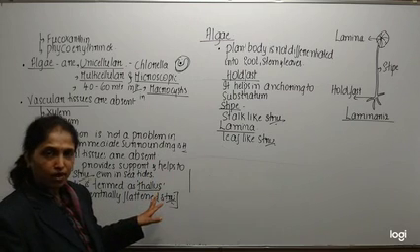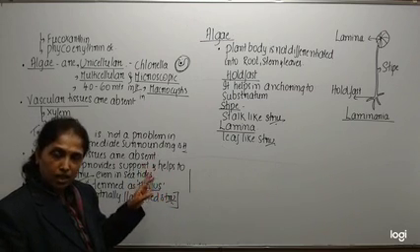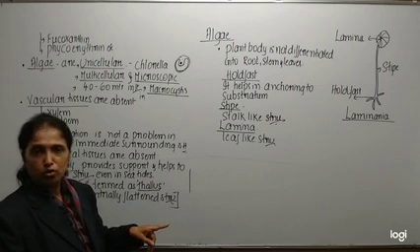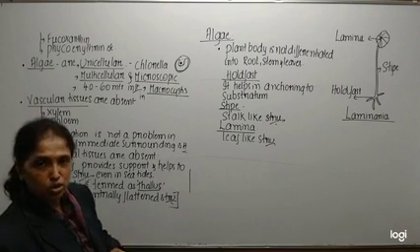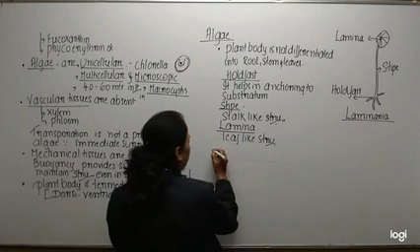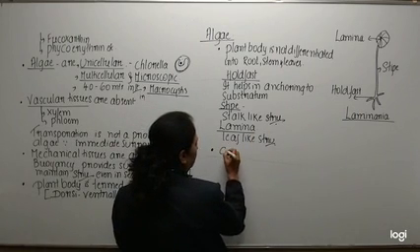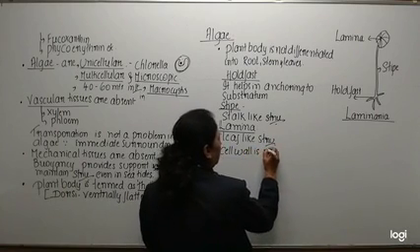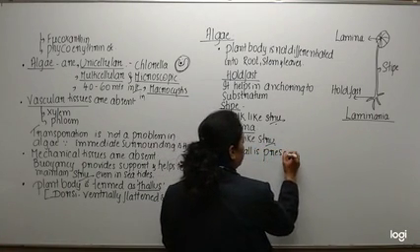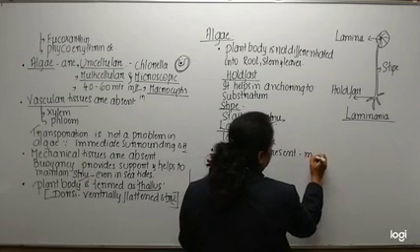So here we find photosynthetic, green in color due to chlorophyll, and the cell wall is made of cellulose. Cell wall is present and made up of